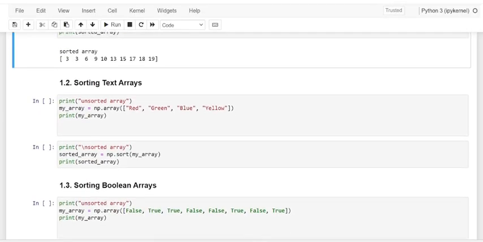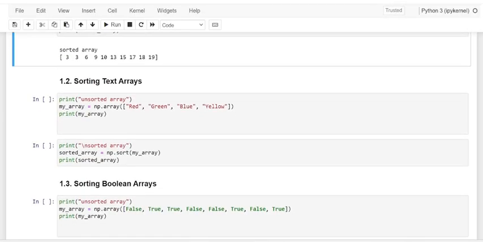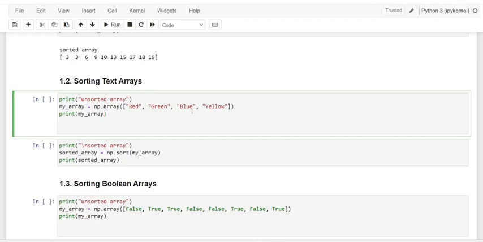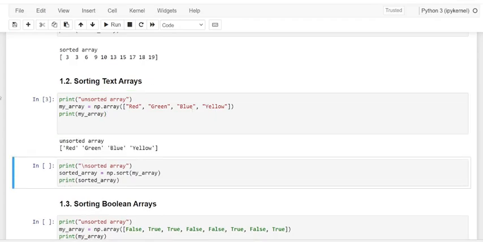Next let me move on to sorting a text array. As mentioned earlier, text arrays are sorted in alphabetical order. Here we make use of a text array. See here, dear friends, the text in a list format: red, green, blue and yellow. Let me store the same list in my_array, which is unsorted.